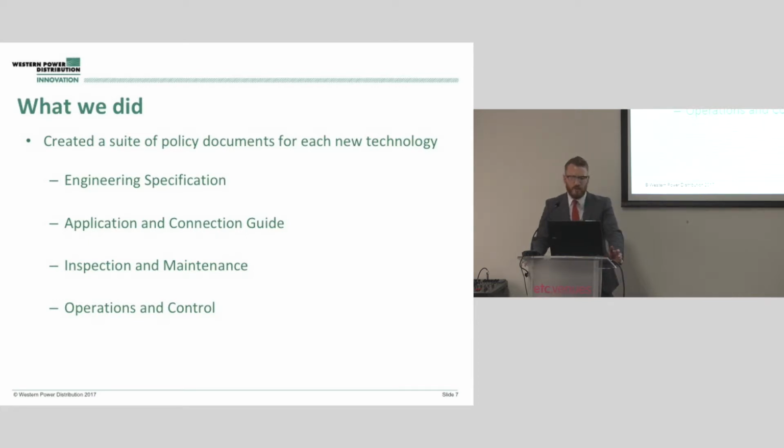A new one that we don't traditionally have, because we have a longer range of policies for system design and how we design and implement our network, was an application and connection guide. So we appreciated that with these new technologies, how were we going to make sure that people could operate them safely, reliably and consistently? Well, what we wanted to do was make sure that when people turned up to site, they could pretty much expect to see the same thing, whether it was one here or 100 miles away. If it was going to be an SAP turning up or an authorized person, they could relatively see the same thing. So what we developed was an application and connection guide, and that drove a methodology of how